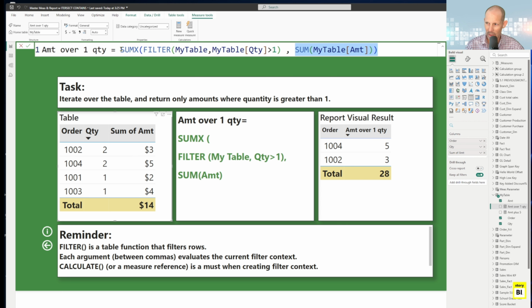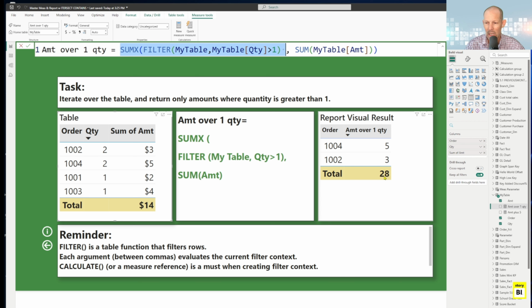Well, because we're using SUMX, we've got row context. And if you know about row context and what happens when you use an aggregation under a row context environment, you're going to get an unfiltered total. And so that's why we're getting an inflated total. But still surprised that with 2 rows being filtered that we're not getting something closer to 16, but we're getting